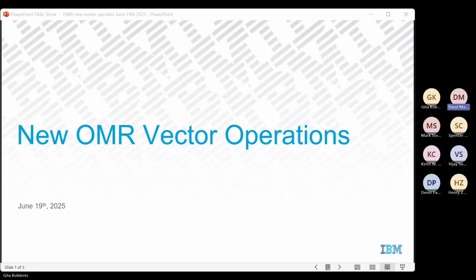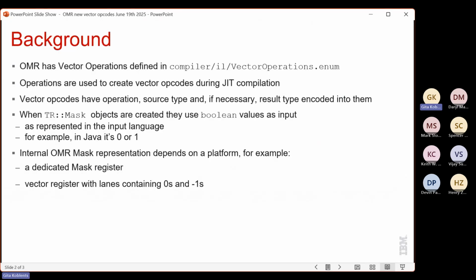Please go ahead. New OMR vector operations. So first I'll give you background. OMR has vector operations defined in vector operations.enum, and they're used to create vector opcodes during JIT compilation. Essentially, they create an enum when JIT is compiling, and these are actual opcodes, like all other opcodes